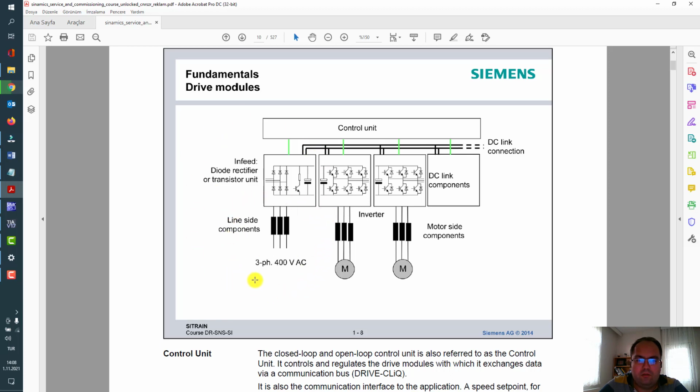There are some components like reactors or filters for the line side. Also there are some motor side components for limiting current, or for when we have long motor cables. Also our inverter section with booksize or blocksize inverters, whatever. And there are also other DC-link components.